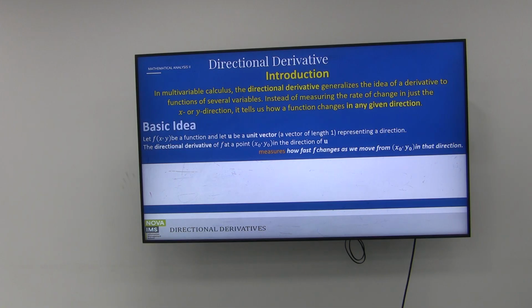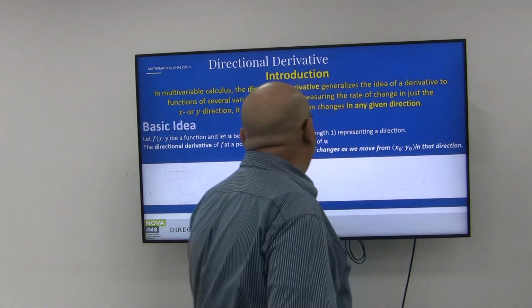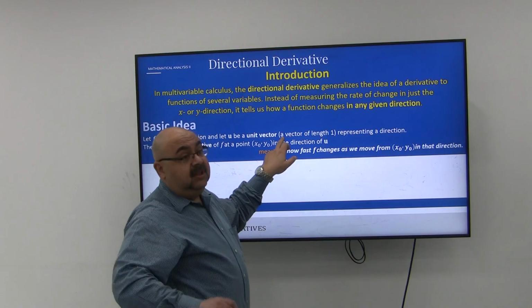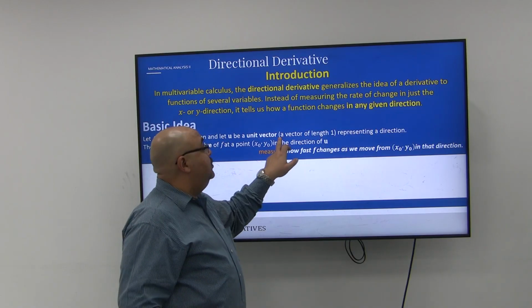What's the norm, Adam? The norm is the square root of the squares of the components. So any vector, I can change it into a unit vector, Mr. Hussein. Of course, once it is a unit vector, from its name, the length is going to be